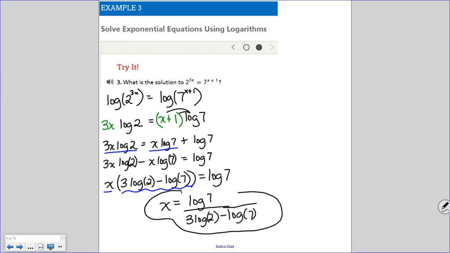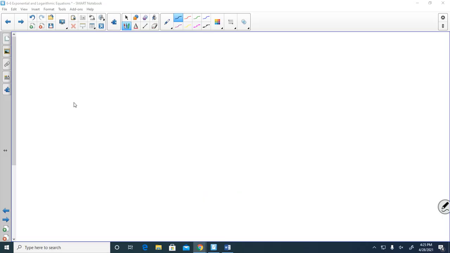So that would be my answer. And I could then find my decimal approximation for that. Now, if you want to do another one of those, if you flip to page 314 and look at number 23, you'll see the equation 4 plus 5 to the 6 minus x